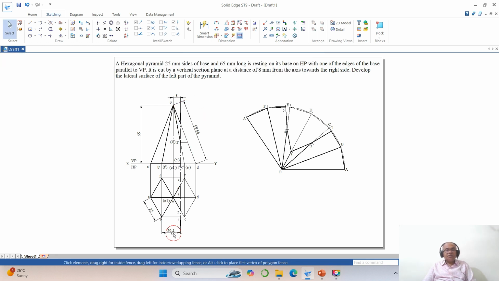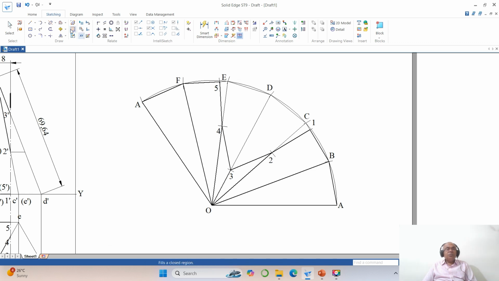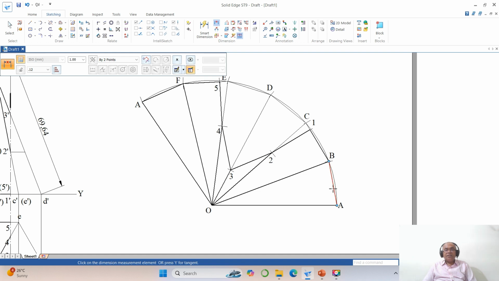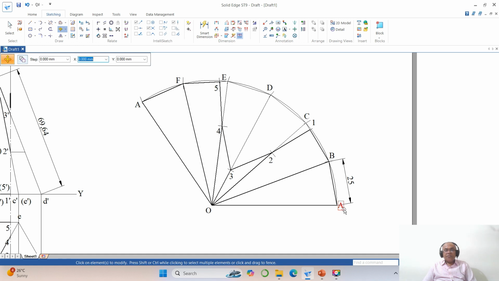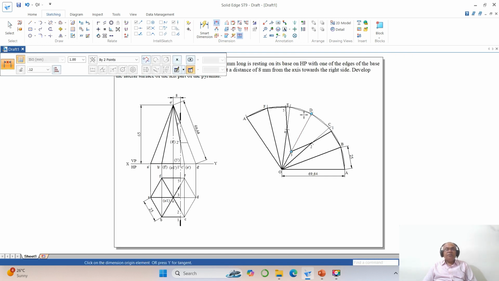So once you do that, now we have delete. So these things you just deleted, it's not required. Now you come down to the dimension part of this. So go to distance between this line and this line, you take 25. Then again you go to move, select this and move it here. Then you go to distance between this line and this line, which is 69.64. So these are the dimensions which you need to mention for a hexagonal pyramid, wherein it is cut by